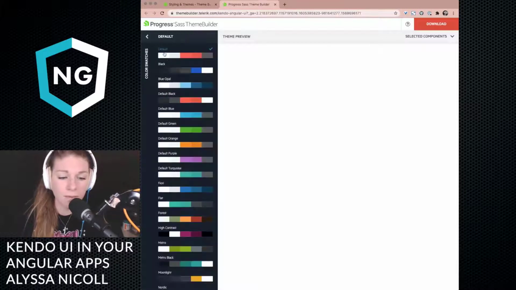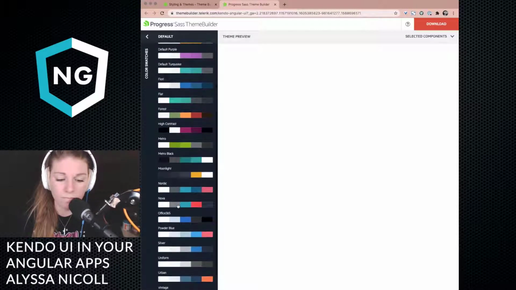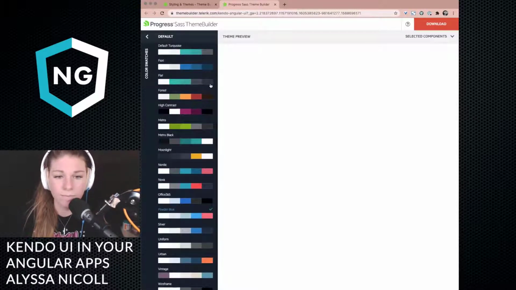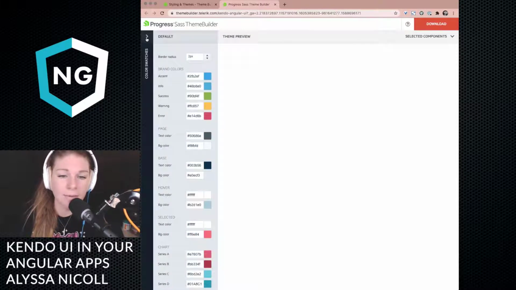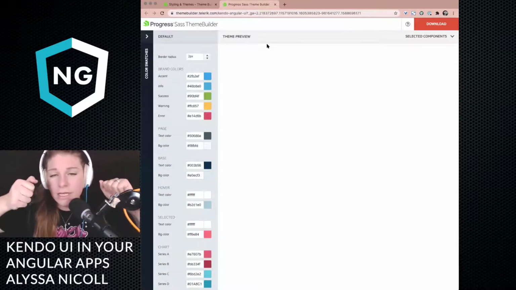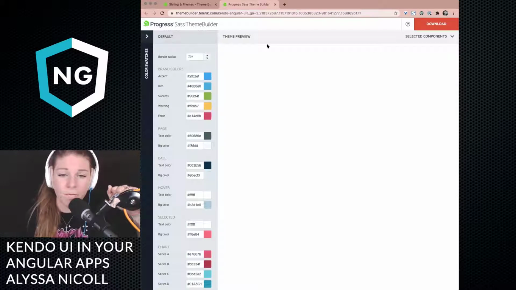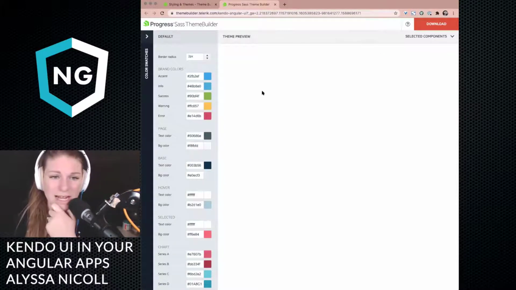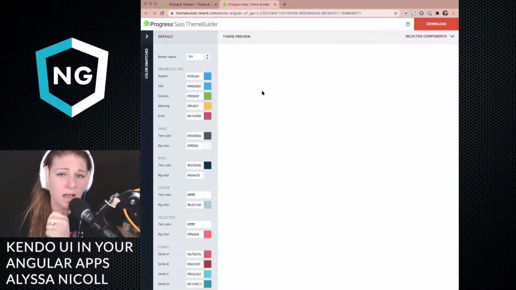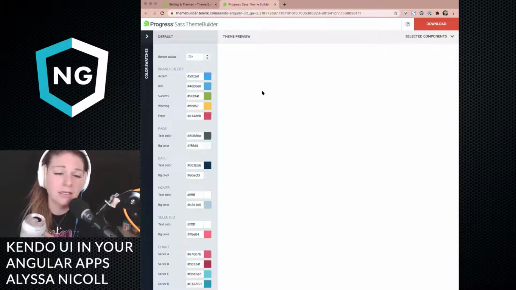So what I'm going to do is pick powder blue. And what usually happens is the components that you have selected will be over here underneath theme preview. And I might have some weird cache issue going on. I have no idea. Earlier, the development branch was being funky for our docs. So maybe it's something I did. I don't know. I'll have to look into it. Anywho,